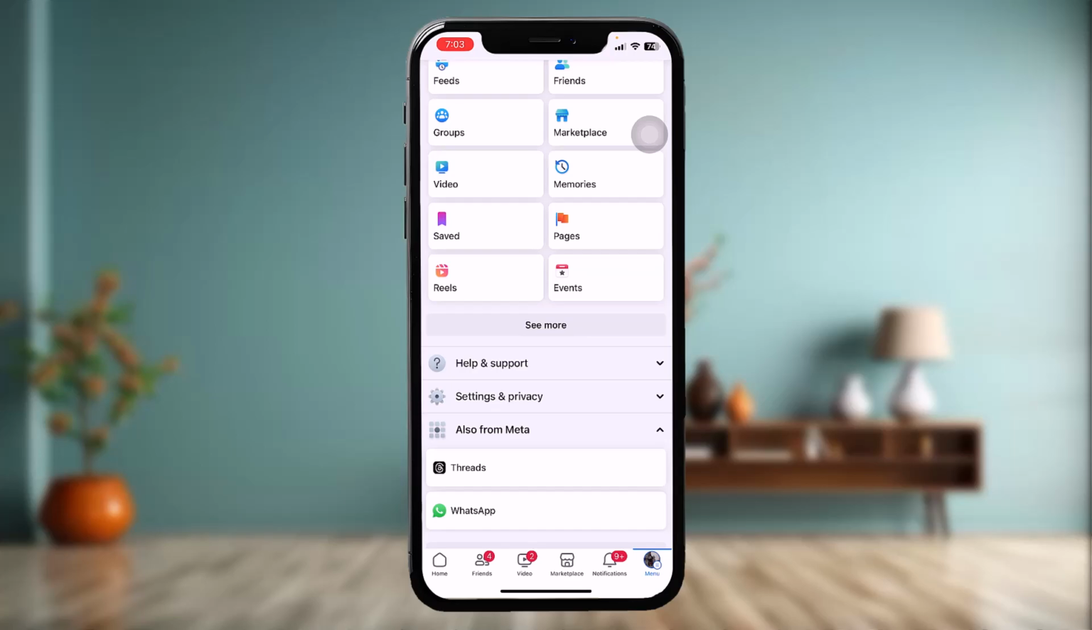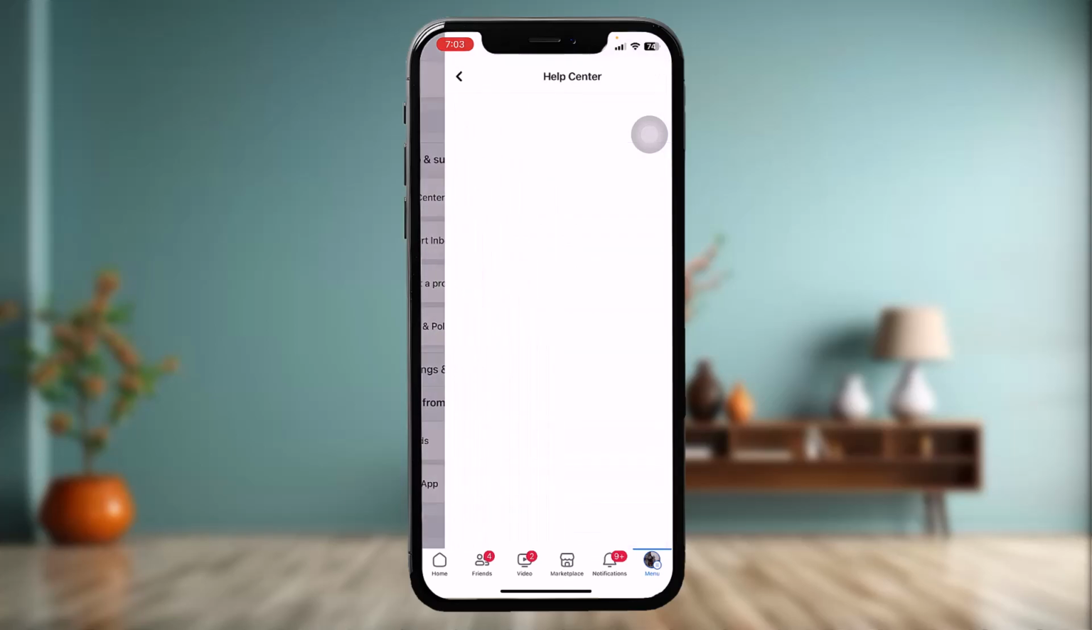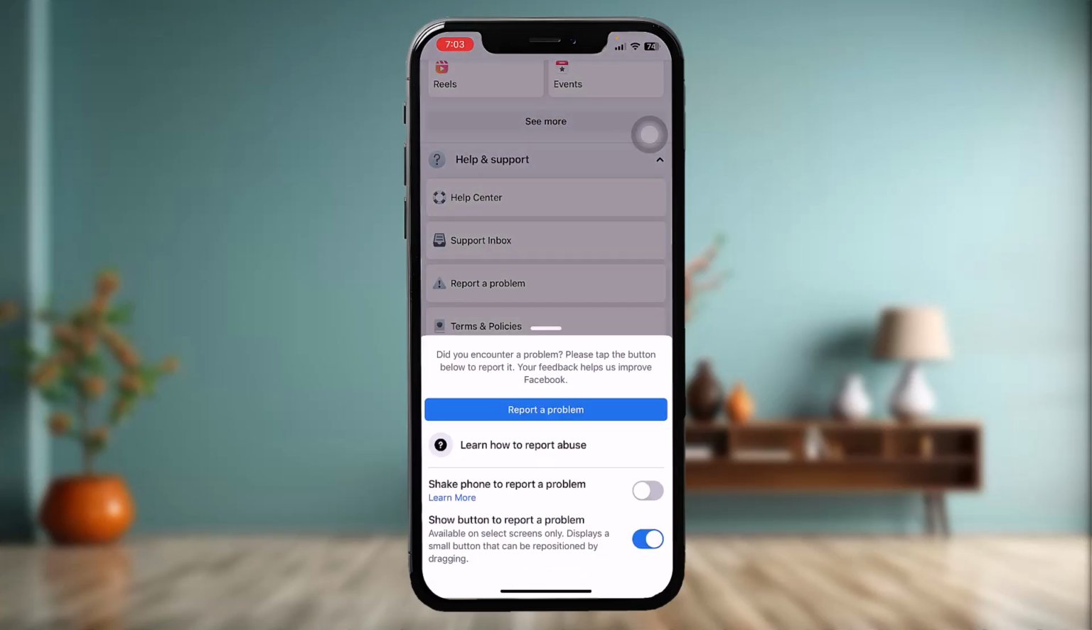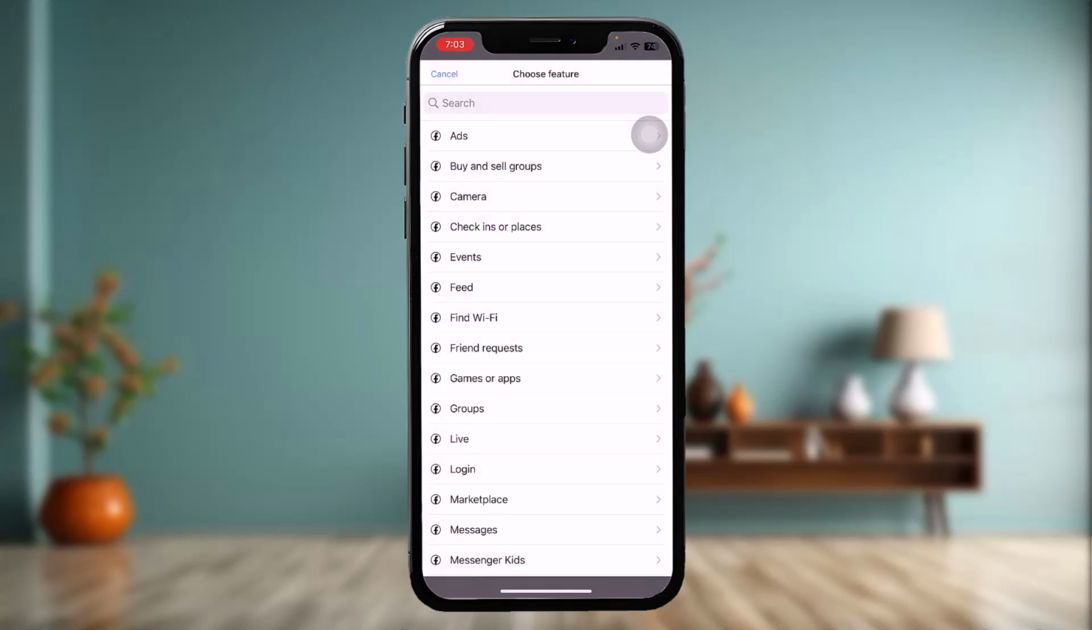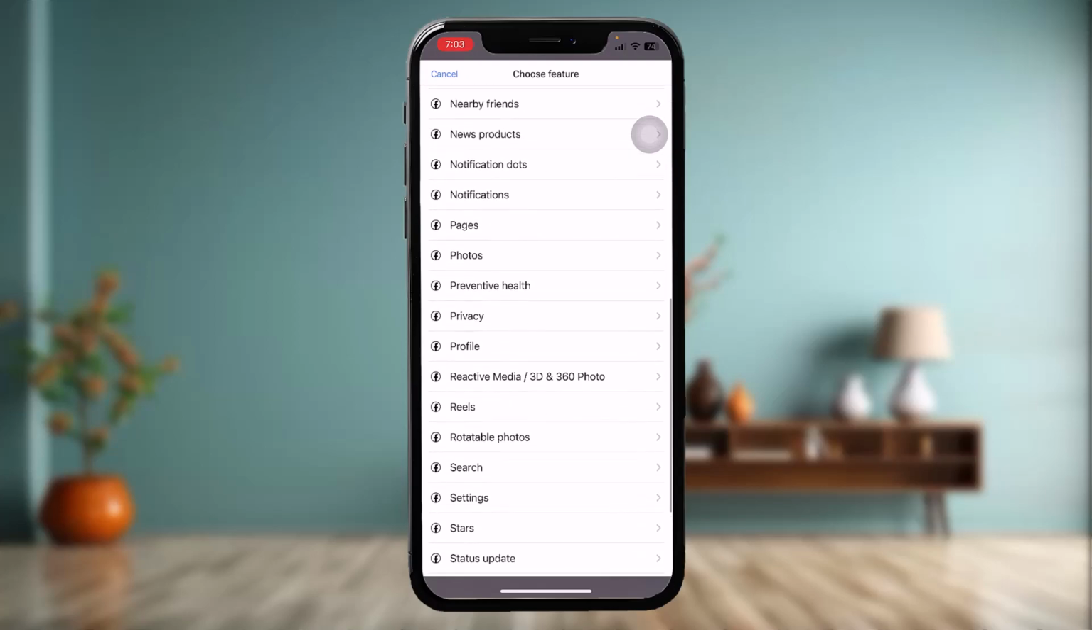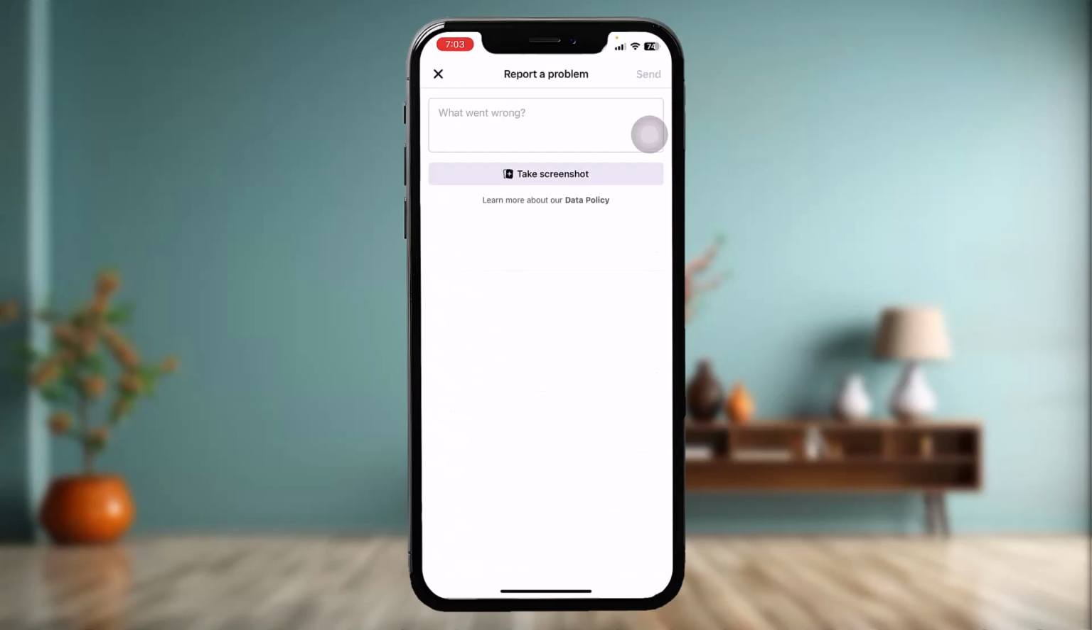and then tap on help and support, and now tap on help center and then tap on report a problem, and here tap on report a problem once again. Now tap on don't include in report. Once you're here, scroll down and then tap on profile, and here all you gotta do is upload that screenshot